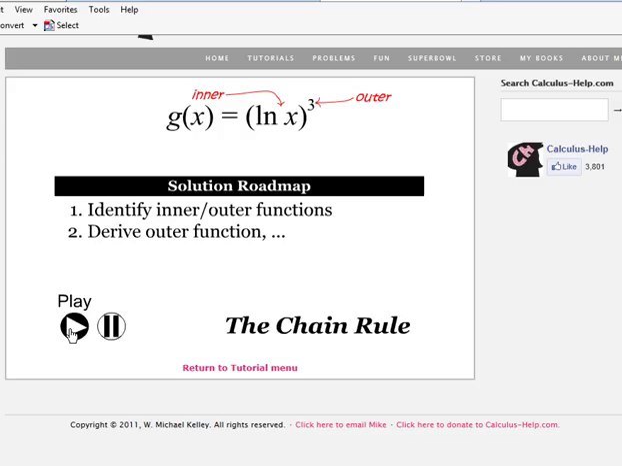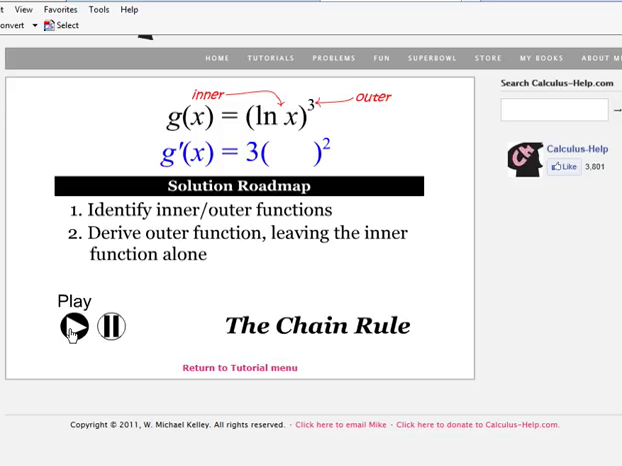So what's the derivative of something to the third power? Well, according to the power rule, it's 3 times something to the second power. Now, what is that something? It's that inner function, and it's going to be left alone. We took the derivative of x cubed, in other words, a very simple derivative. But that natural log of x